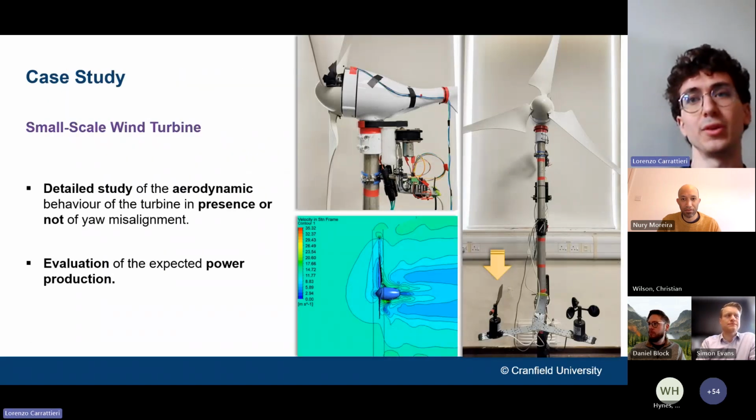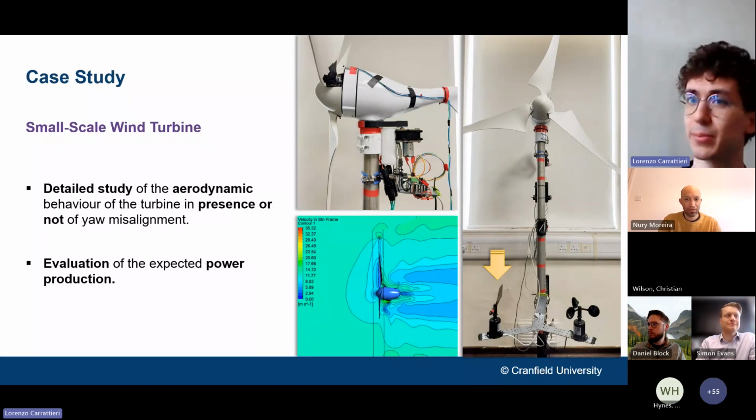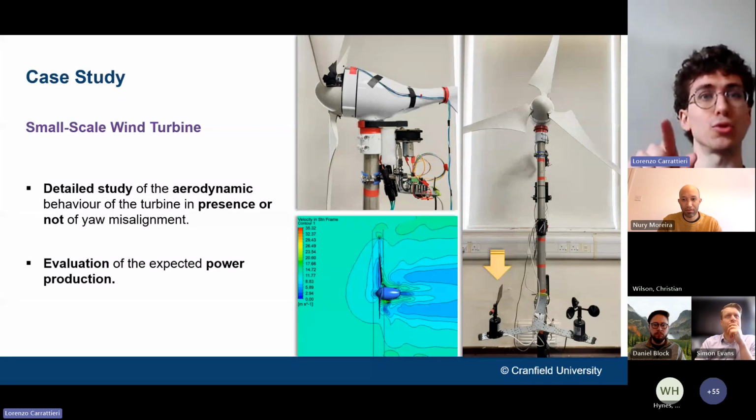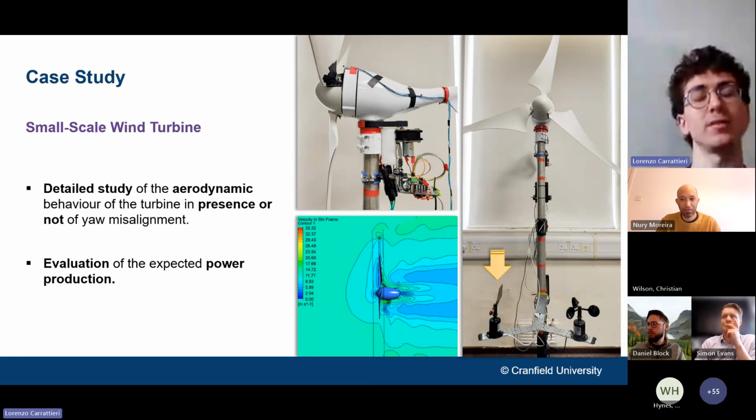As I said in the introduction, my case study was a small-scale wind turbine, and I focused on a type of fault that can be present in large-scale wind turbines, which is yaw misalignment. In simple words, yaw misalignment means that the wind turbine rotor plane is not fully perpendicular to the incoming wind direction. And of course, if this happens, the turbine will not harvest as much power as possible. In this scenario, the fault is caused by faulty data readings coming from the wind vane sensor, highlighted here